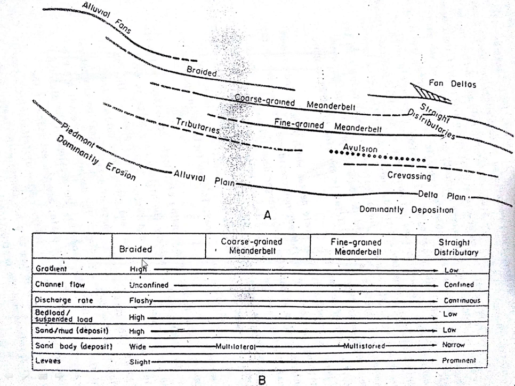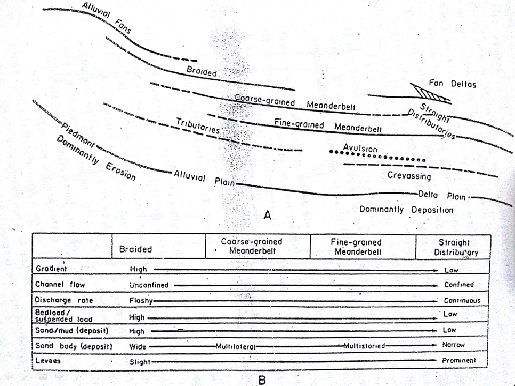The gradient is initially high in case of braided river systems, and it is least when you see delta distributary channels or fine grained meandering belt system. The second discharge characteristic is grain size, which is highest or coarse in case of braided river systems, and the grain size is fine in case of fine grained meandering river systems. The next parameter is rate of discharge. You can see here it is flashy or discontinuous or seasonal in case of braided river systems, and it becomes continuous when we go toward the right hand side, that is towards fine grained meandering river system